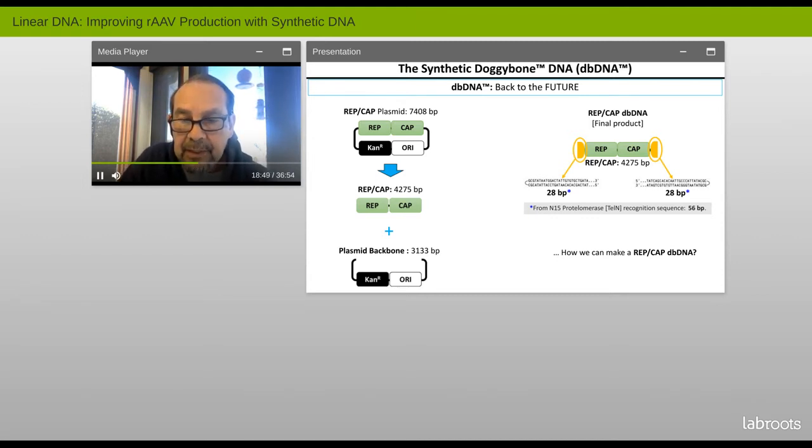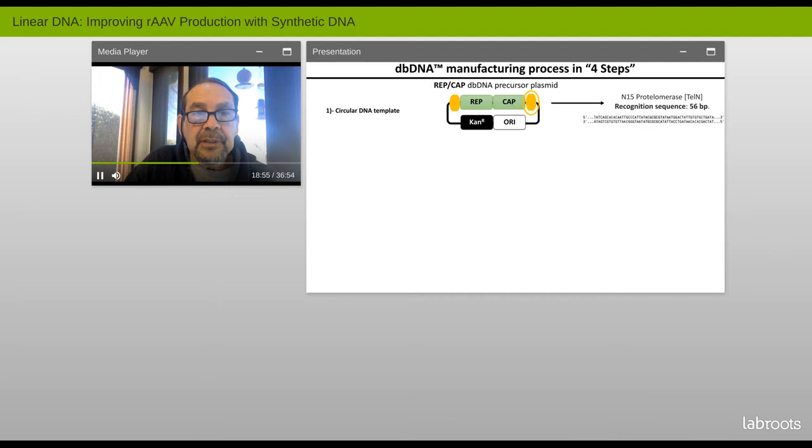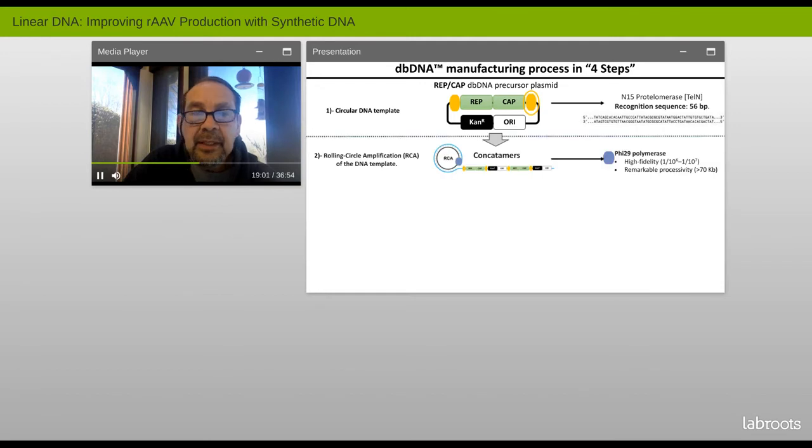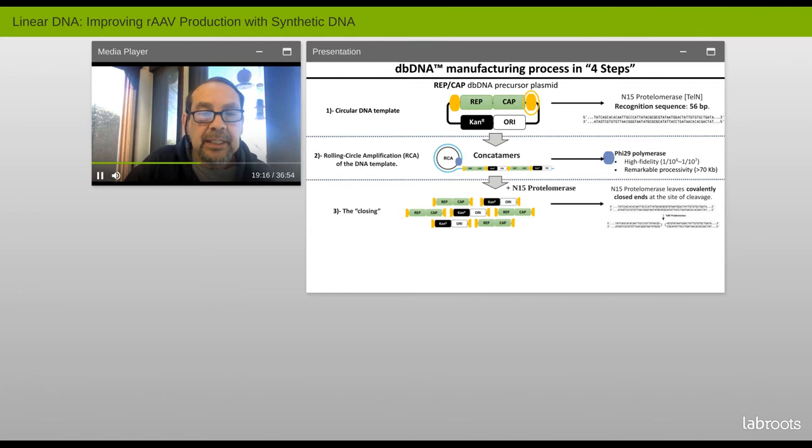And you ask yourself, how do we do this? How it's shown in the next slide. If you look at the 6 nucleotide recognition sequence, this sequence is recognized by, if you advance, the Phi29 polymerase, and it starts to amplify on a rolling circle replication mechanism, a very high fidelity amplification. And if you advance again, you'll see that the pro-telomerase will then recognize this cleavage sequence and will cut and seal the ends. As a consequence of that, you now have linear DNA that's closed at either end.